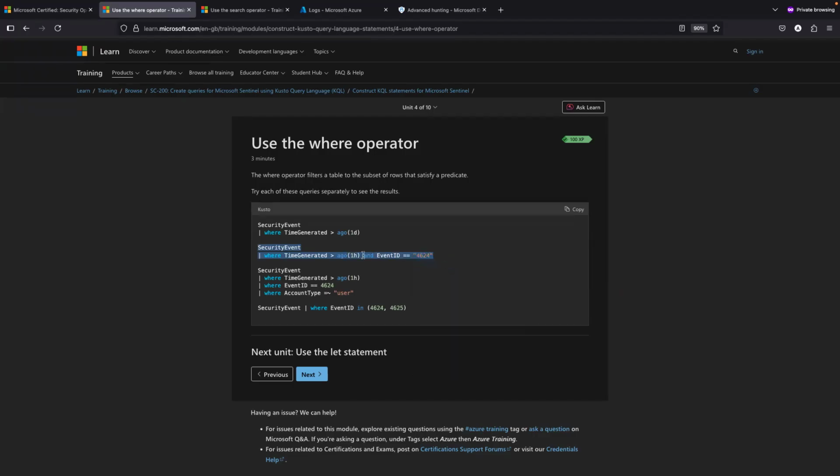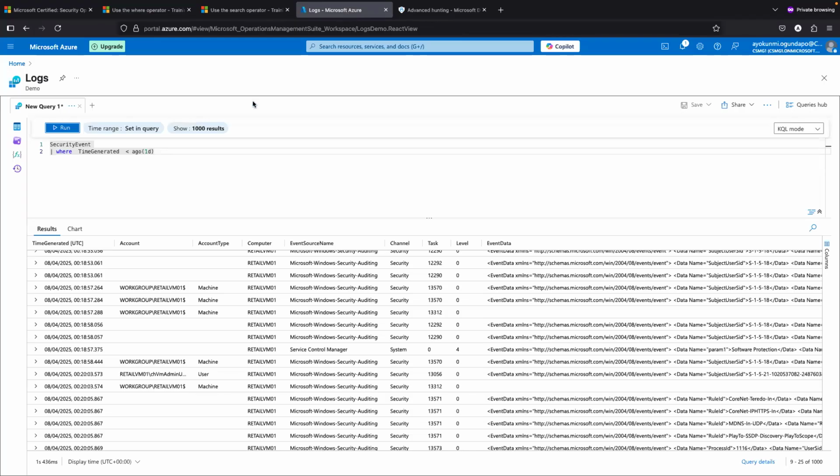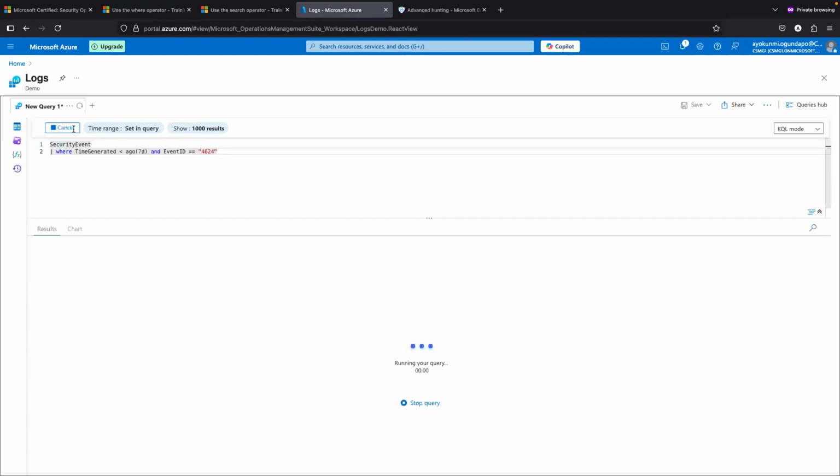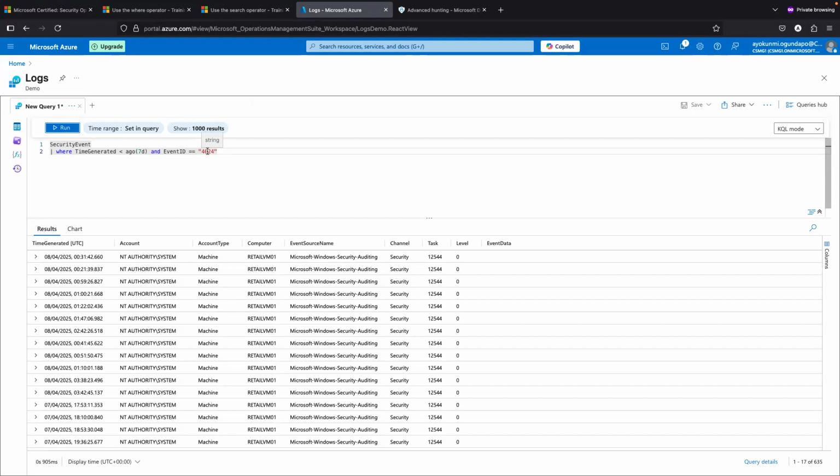Obviously, if you run this, I believe it's not going to generate anything except maybe a new event has come in while we were talking in the last few seconds. So I'm just going to put in the last 7 days, let's see if there's any event that has the ID of